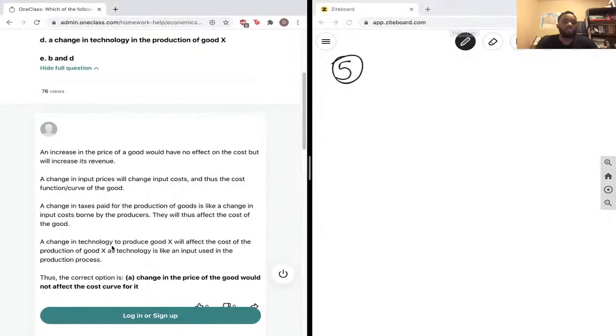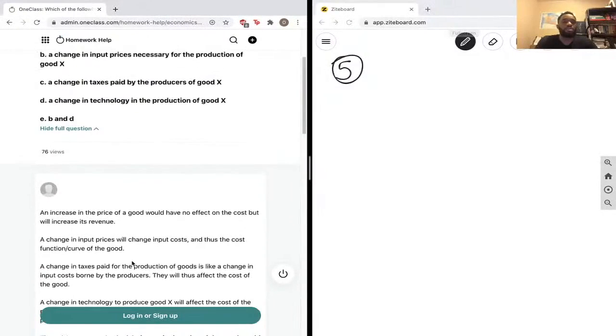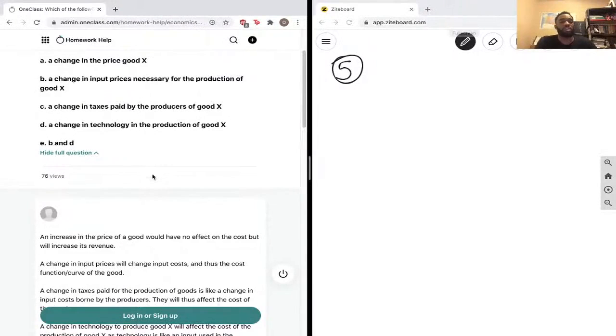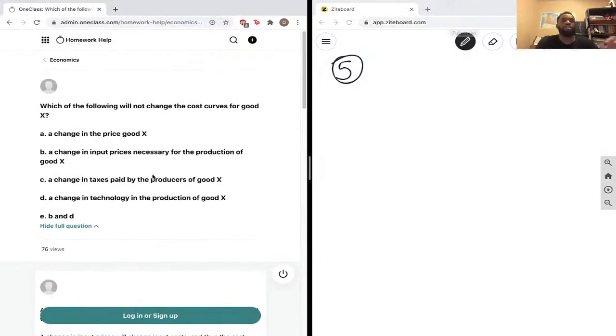Part D says a change in technology in the production of good X. A change in technology to produce good X will affect costs of the production of good X. Technology is like an input used in the production process. So again, if there's a change in how you produce good X due to a change in technology, it should have an effect on the cost of production. And E is saying B and D are correct, and both of those are wrong. So the correct answer here is A,